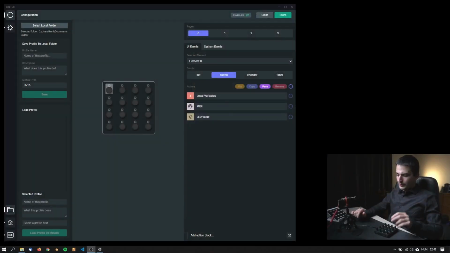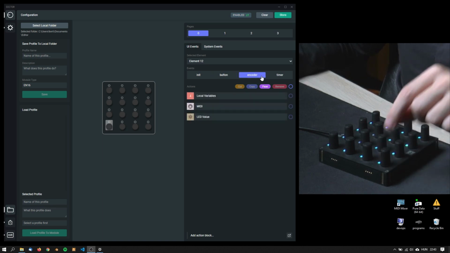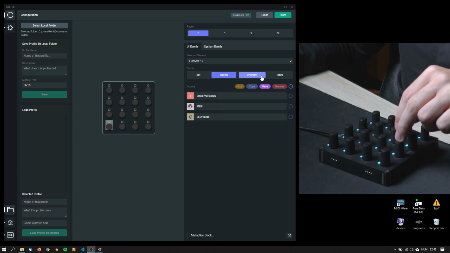We are using now the Grid 1.2.6 version editor and firmware 1.2.6 versions, and this is what you see first when you open up the software. We are on page 0, on element 0, and you can see specific events which depend on the module you have. I have here an encoder controller, so the EN16, and whatever I'm interacting with can be seen on my